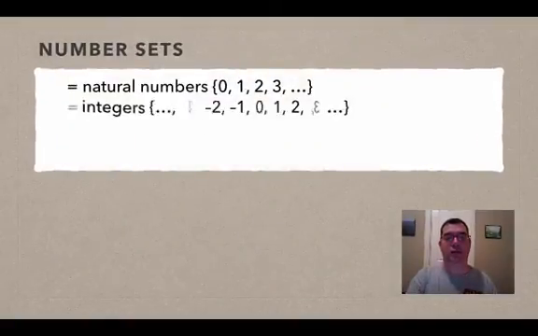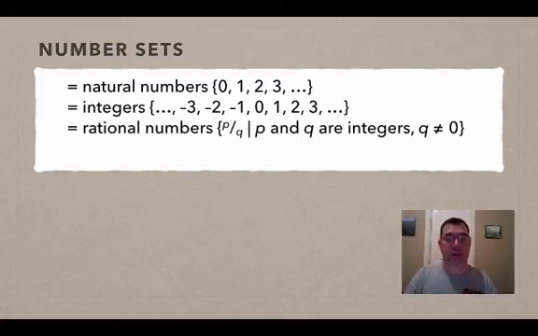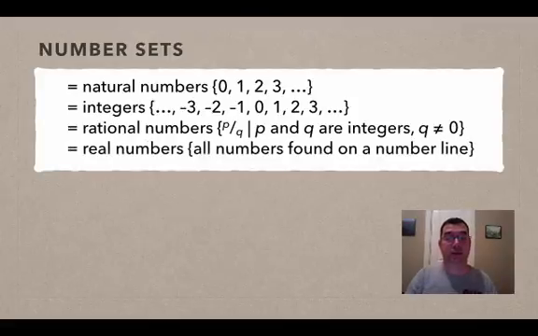There's a set of natural numbers that starts at 0 and goes up by ones indefinitely. Then there's a set of integers that does both the positive and the negative versions of those numbers. Then we have rational numbers, and the reason they're called rational numbers is based on the word ratio. Every one of the rational numbers can be written as some integer p over some integer q, as long as q is not 0. And then there's the real numbers, and all of those numbers can be found on the